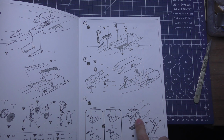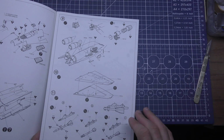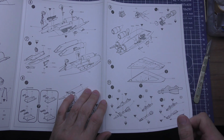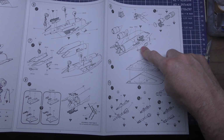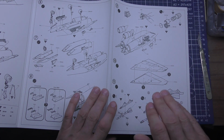Carries on for the engines at the back. I think they're the air brakes. I'm pretty sure they are for the engine, or whatever they call it. I'm not an engineer or a pilot. You've got finalisation of building engines and fitting, doing the wings together, whatever weapons you're putting on, and it's